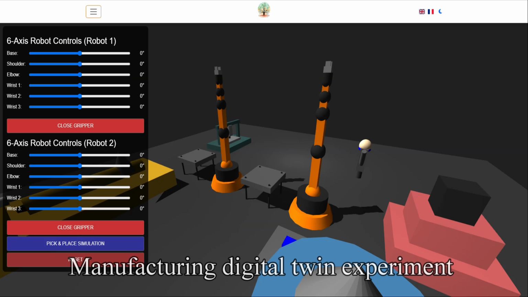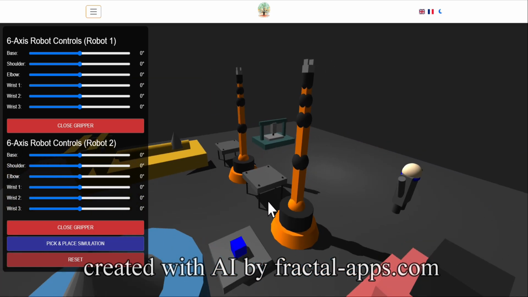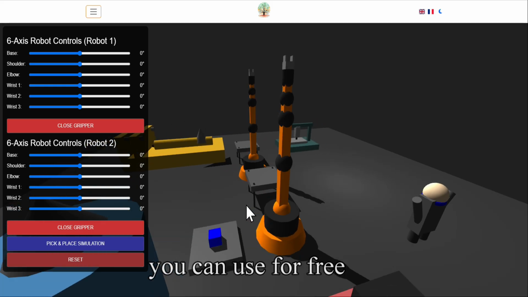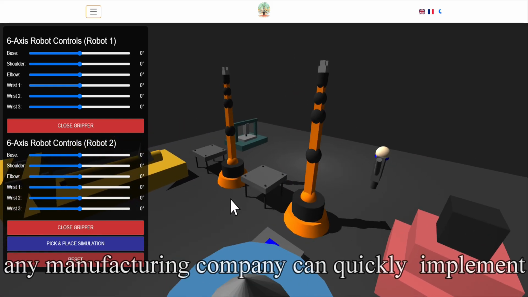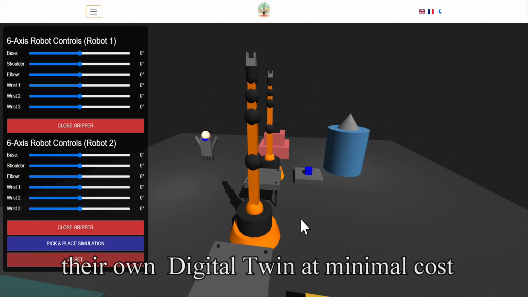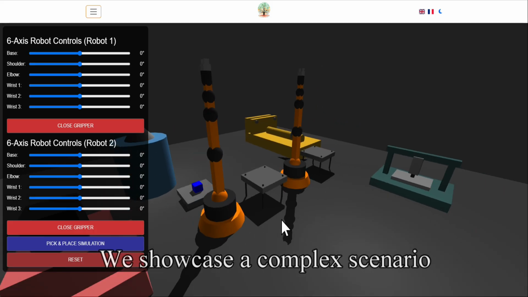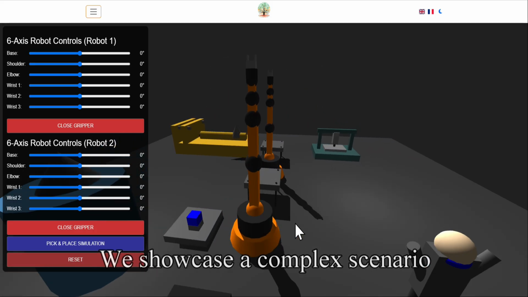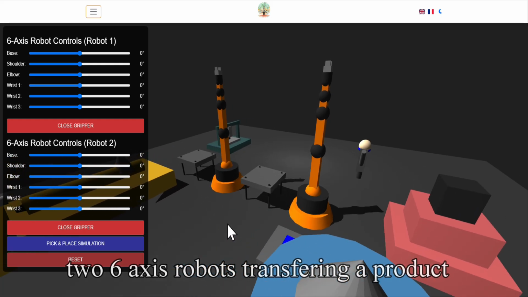This is a manufacturing digital twin experiment created with AI by Fractal-Apps that you can use for free. We built this in just a few hours to demonstrate how any manufacturing company can quickly implement their own digital twin at minimal cost. In this demonstration, we showcase a complex scenario featuring two 6-axis robots transferring a product between